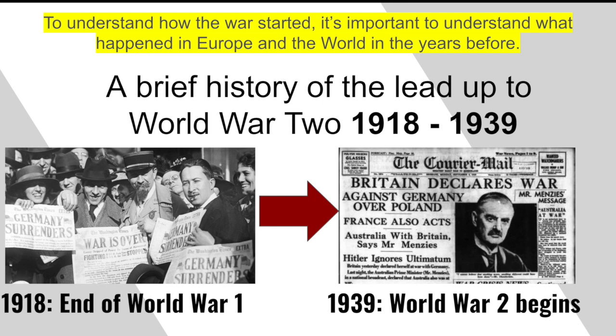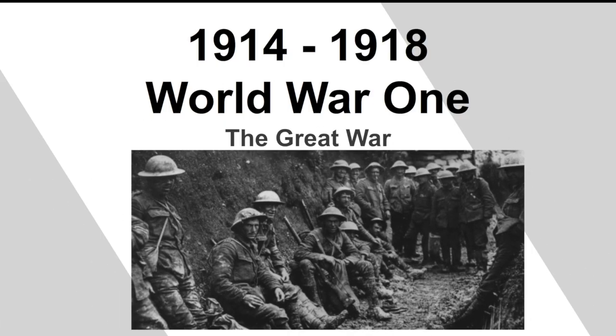To start off with, we're going to start with not World War II, but in fact, World War I. 1914 to 1918 was World War I. World War I was actually known as the Great War because nobody ever thought there would ever be another war like it. It was an absolutely awful war. It was the war that gave the world things such as the tank and poison gas and the machine gun and trench warfare, and millions of people were affected by it and hundreds of thousands of soldiers were killed. It was an absolutely terrible war.